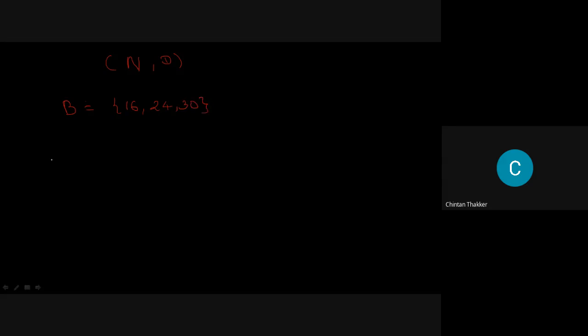Then which are the lower bounds? Greatest lower bound, upper bounds,